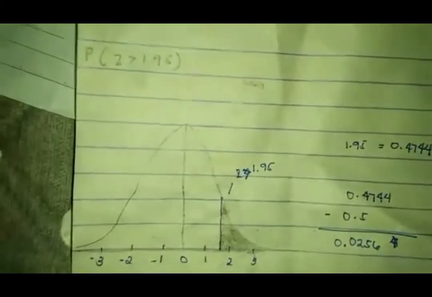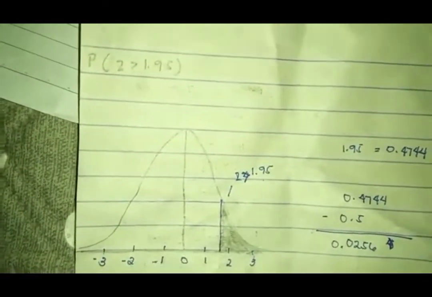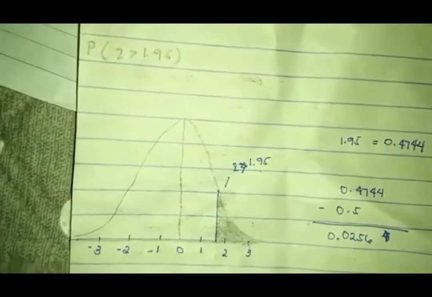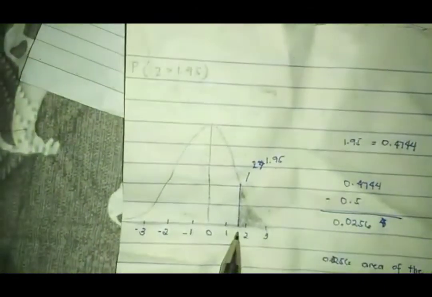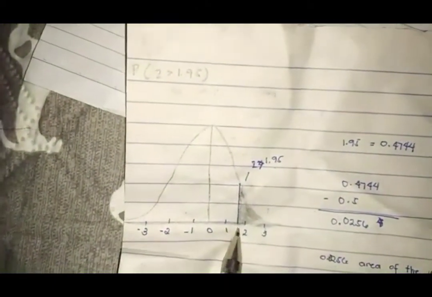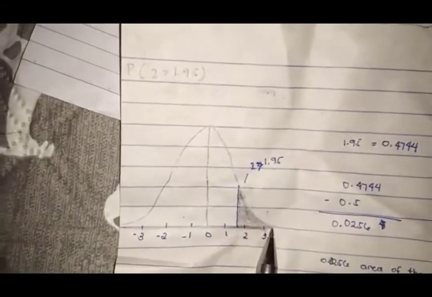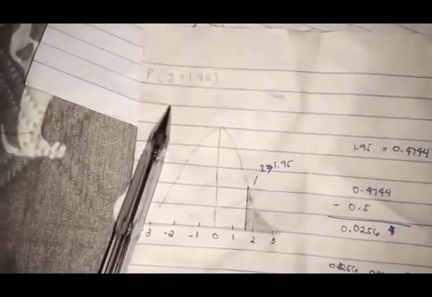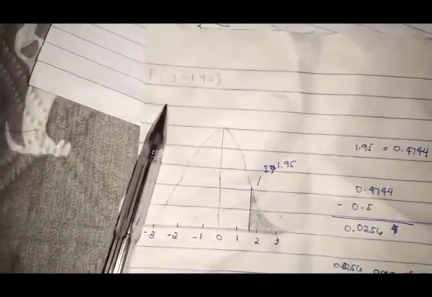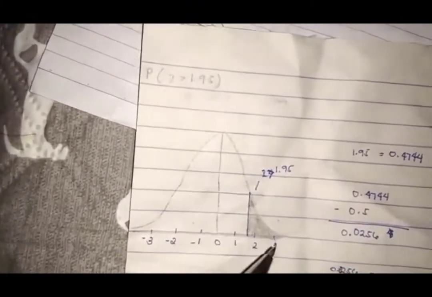The given problem here is the standard normal score is greater than 1.95. So from this line, 1.95, to the extreme right, because the problem is the standard normal score is greater than 1.95. So we will be shading from 1.95 to the extreme right,